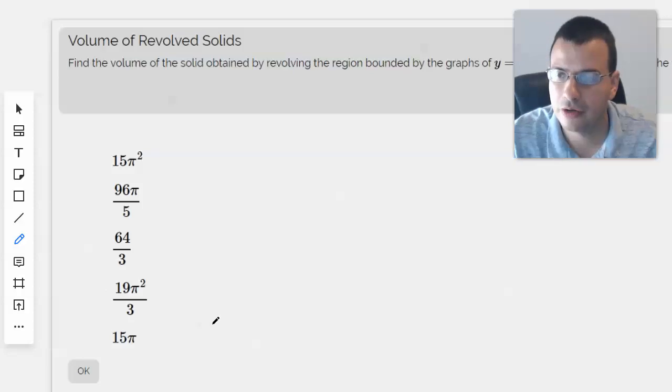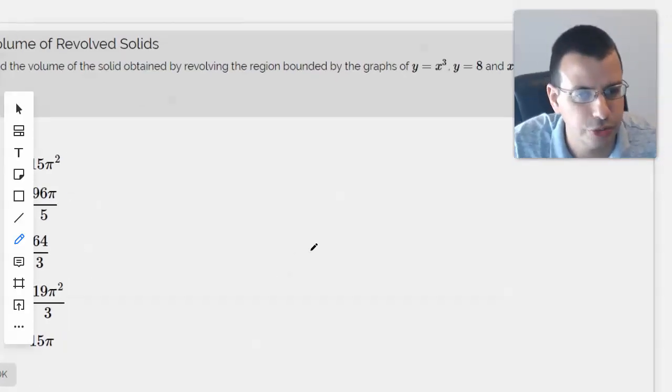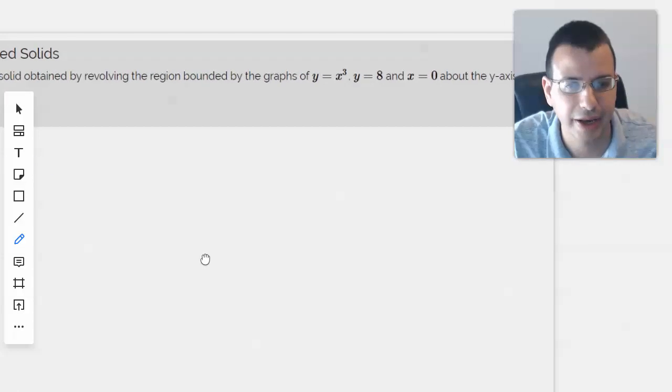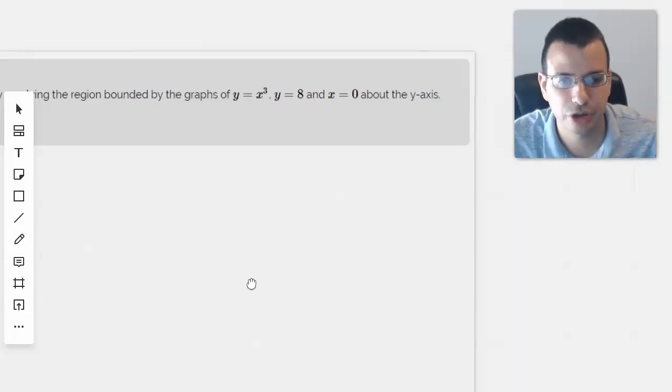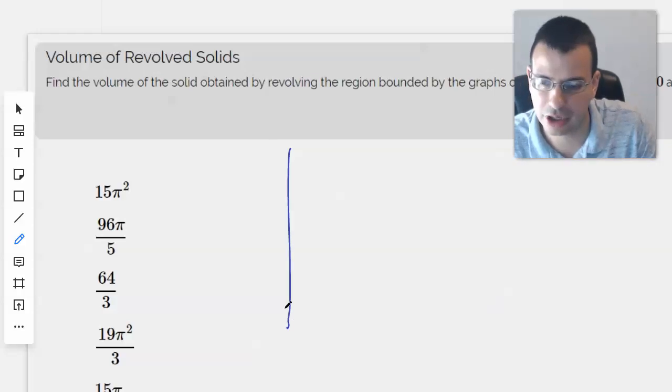Find the volume of the solid obtained by revolving the region bounded by y equals x cubed, y equals 8, and x equals 0 about the y-axis. Okay? So we're given something along the lines of